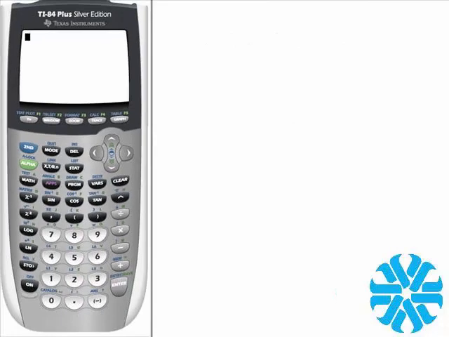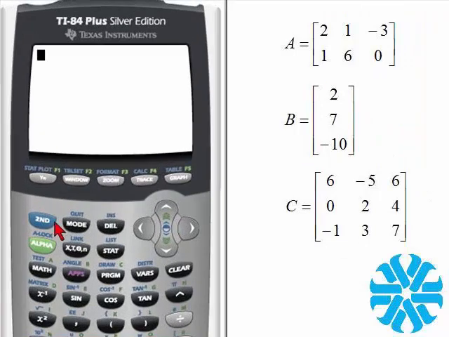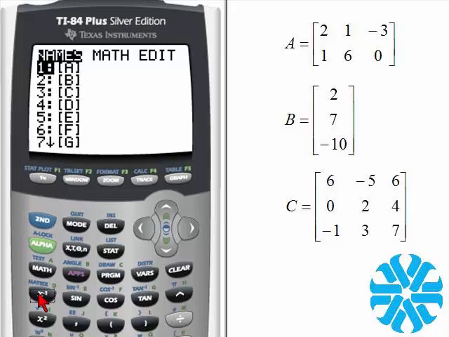We will start with the given matrices. Matrix A, which is a 2 by 3, matrix B, which is a 3 by 1, and matrix C, which is a 3 by 3. Let's go ahead and input these matrices into the calculator. Go to second function and matrix, and right now we have no matrices entered at all into memory. So we need to go to edit